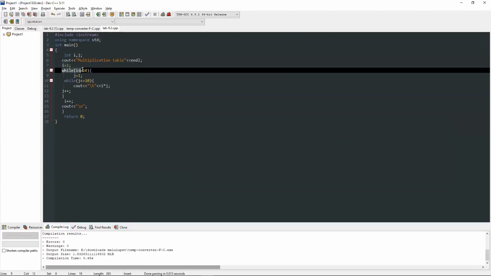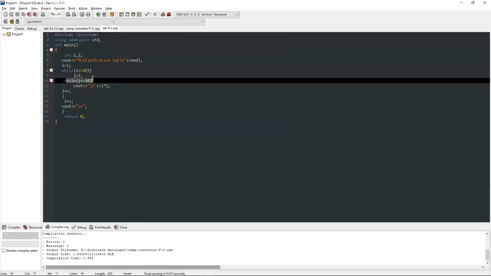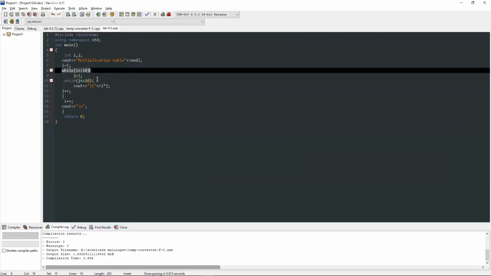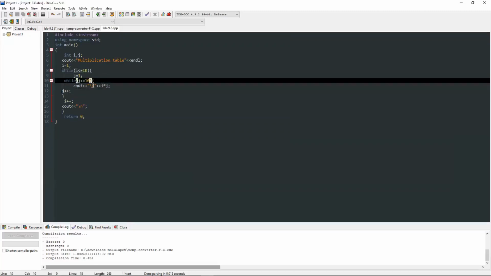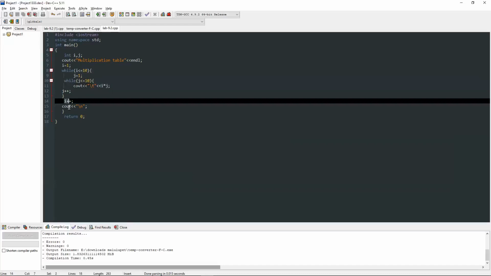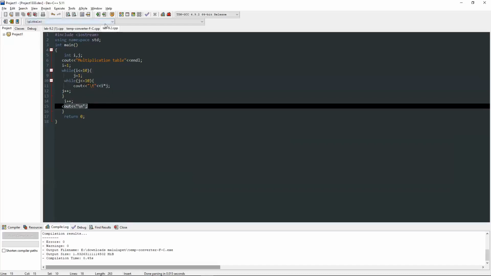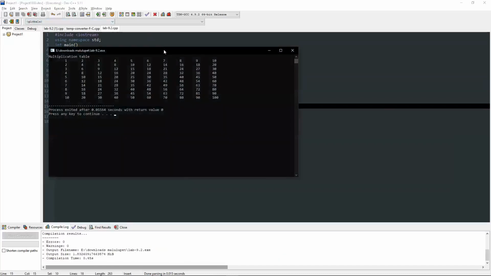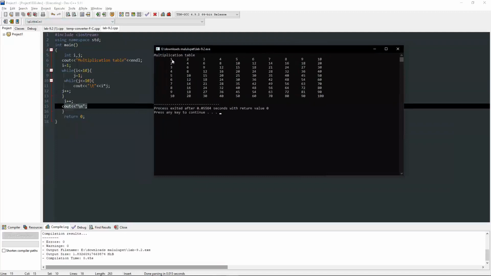And inside our while loop, i is less than or equal to 10, which sets a limitation, since we only need 1 to 10 numbers, and j is 1 also. And the same here, it will set a limitation to 1 to 10 numbers. So our formula, we will input here. If you run the code, as you can see, it will show that